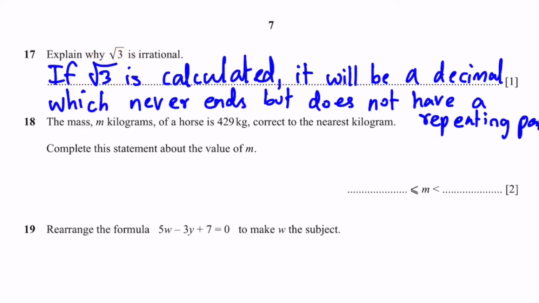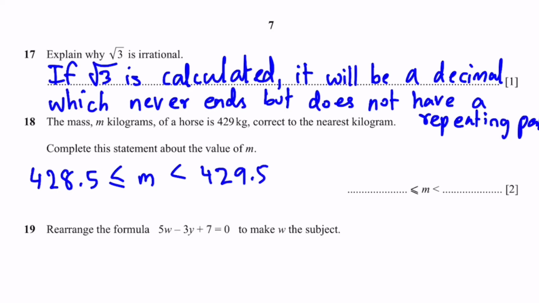Question 18. The mass m kilograms of a horse is 429 kilograms, correct to the nearest kilogram. Complete the statement about the value of m. So that means the m value can be 428.5, less than or equal to m, less than